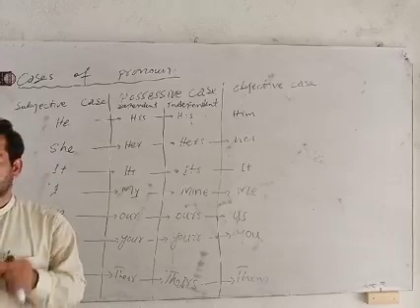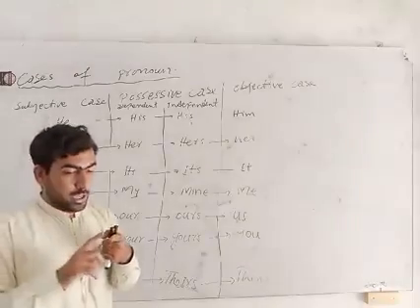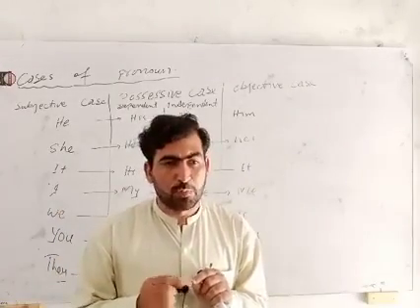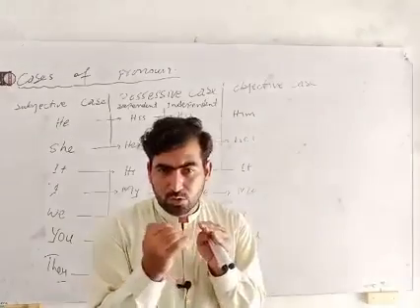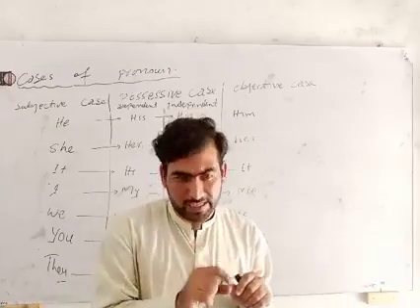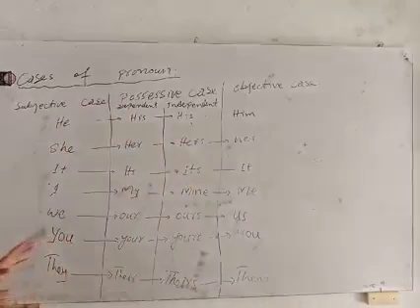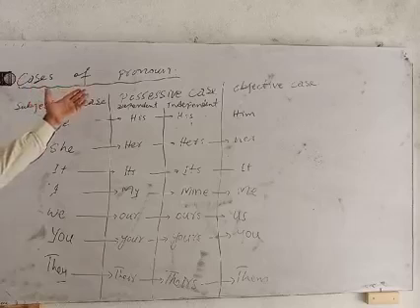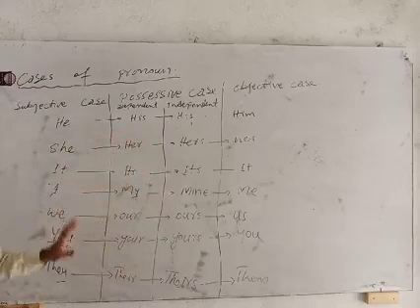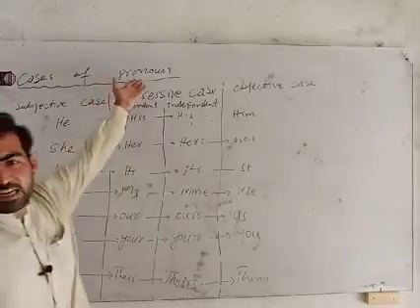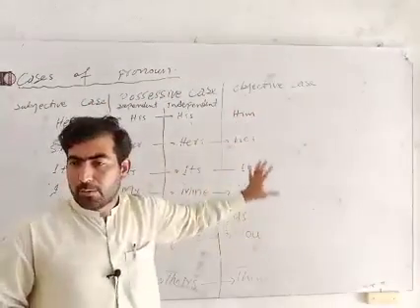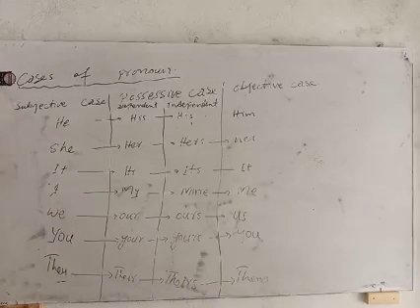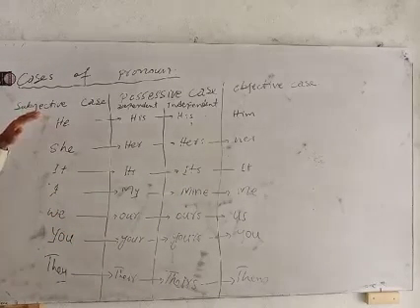You should know that pronoun, noun, and verb are called word classes or parts of speech, and the subtypes or subcategories are called grammatical categories. These are not parts of speech. A pronoun is a part of speech, but these are called grammatical categories. Now we are discussing grammatical categories, and in grammatical categories we discussed personal pronoun, and now we are